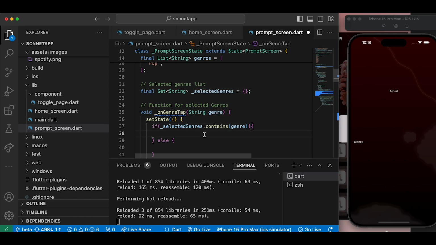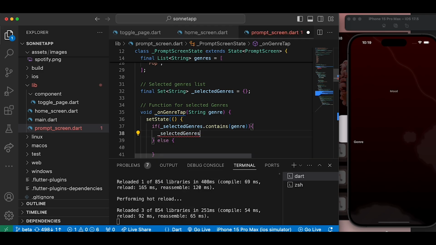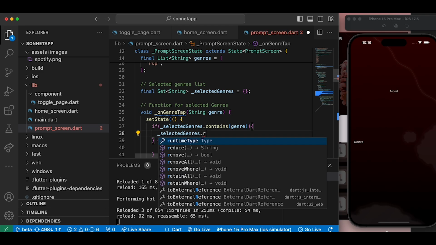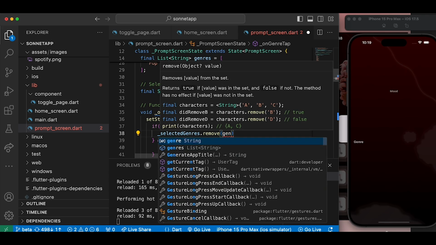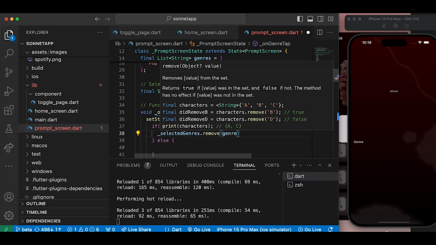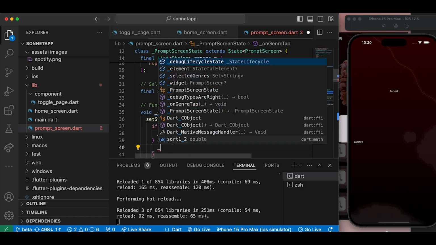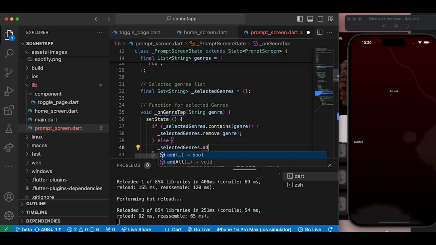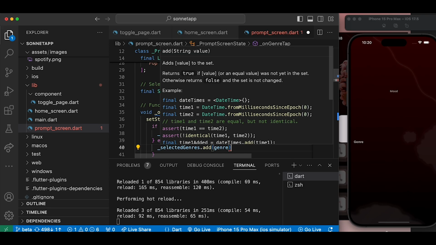We should do selectedJournals dot remove, then we'll pass the value. The value is going to be journal. If not, then we should add the journal. Then we should add the journal. The value is going to be,